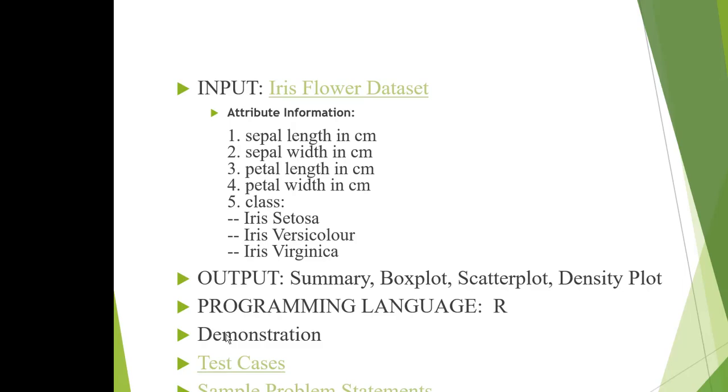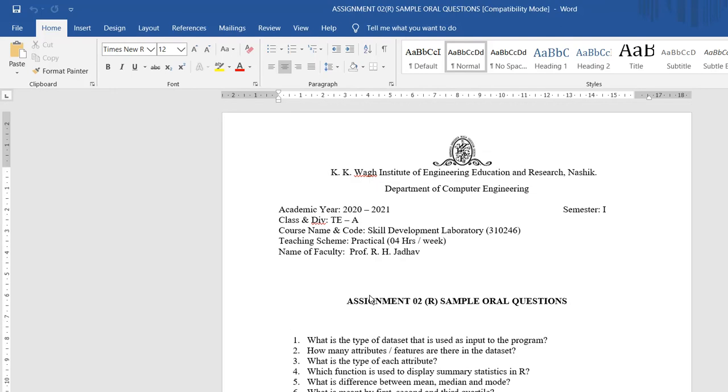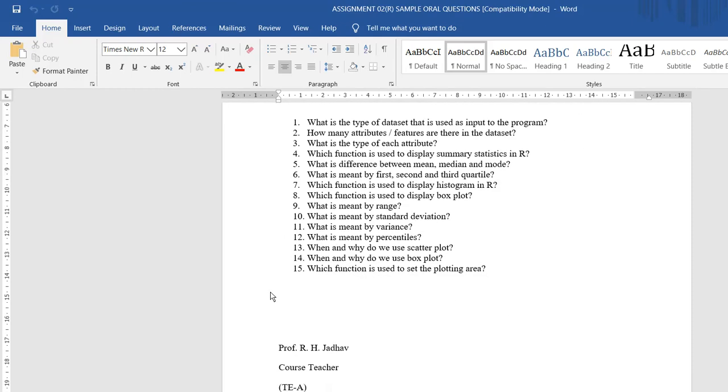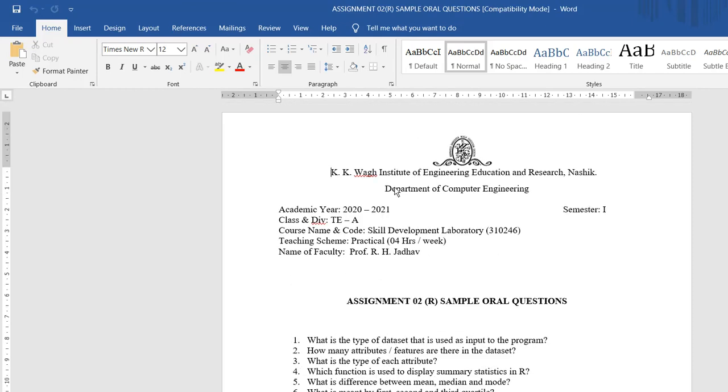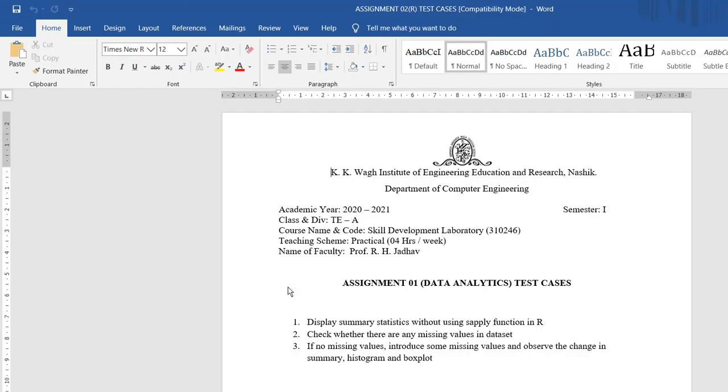Then these are the sample oral questions related to this assignment, which will be helpful for the oral examination. So these are the 15 oral questions I have prepared for this particular assignment. And then there are certain test cases that you can carry out. So we have seen display summary for summary statistics.